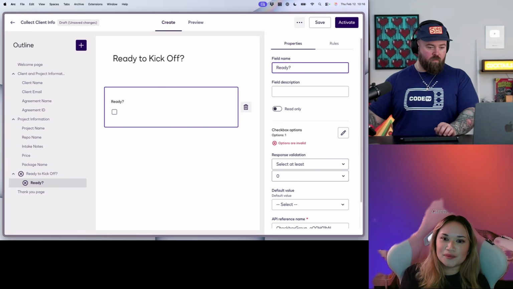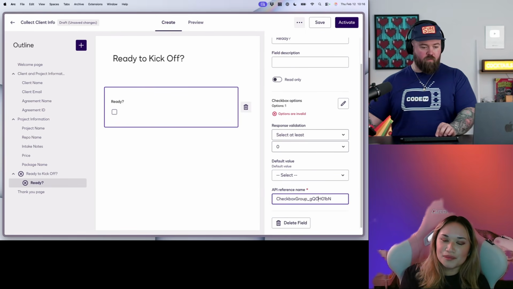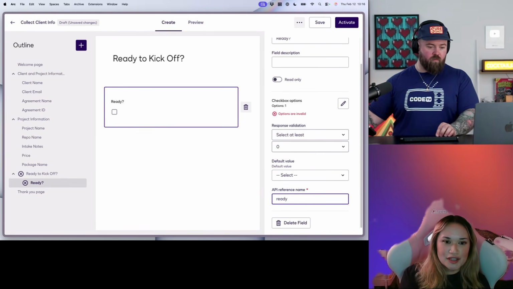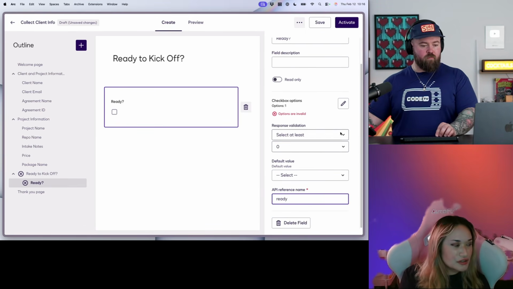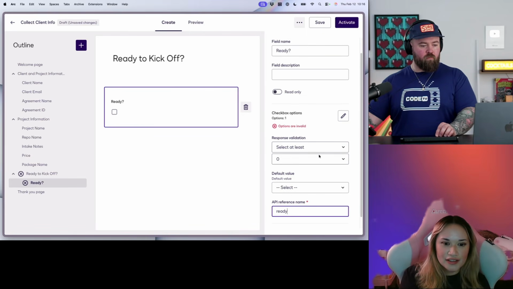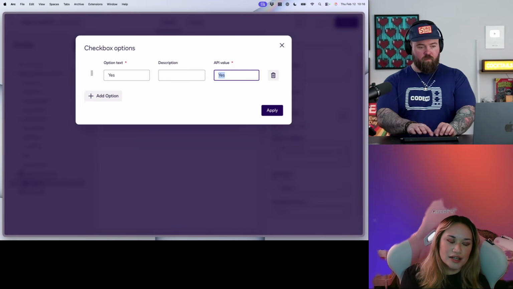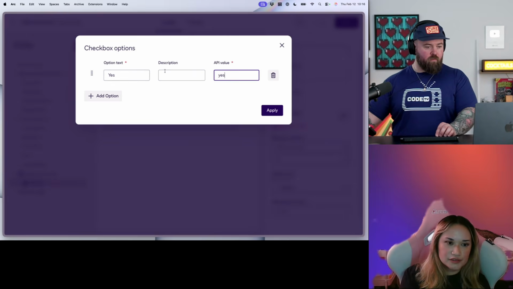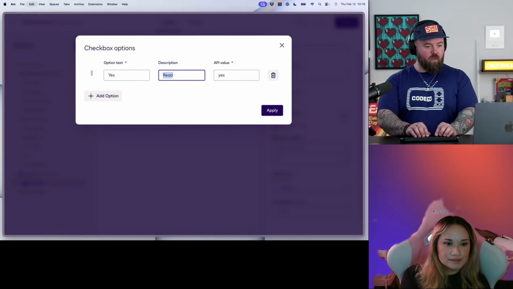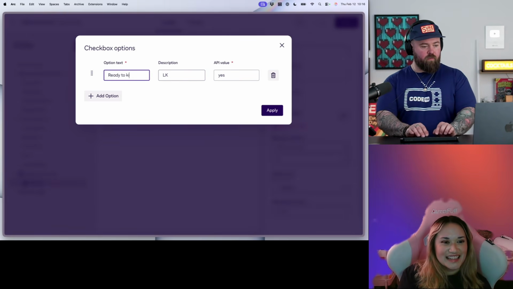This is going to be our human in the loop gate here, just to make sure that we don't need manual review. We can call that ready. And then the option is just one option, and we'll do yes for that. And you can call this one too, just ready to kick off. Or yes, either one. Oh, I got it. Sorry. No worries.